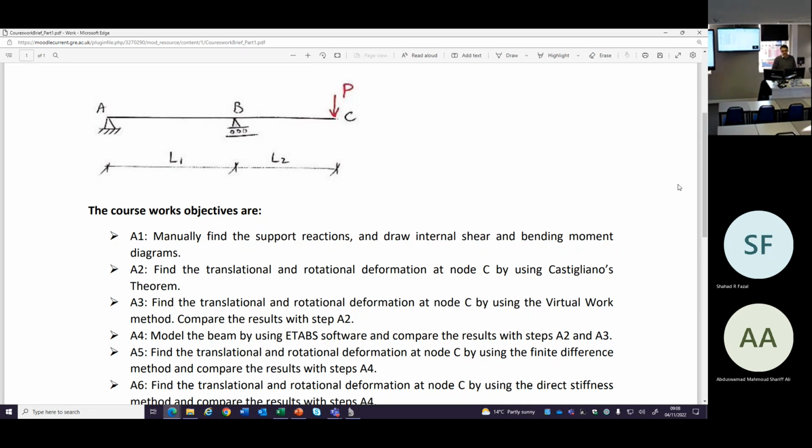As you know, we are 24 in the class based on this list here, and now we are 10. So 14 are absent. They probably don't care, and I cannot do anything for anybody who doesn't care. If you don't care about the module and you don't want to spend time studying, what can I do? The thing that I can do is just deliver the lectures and remind you that this is the time to do this, to do that, to get involved in this, to get involved in that.